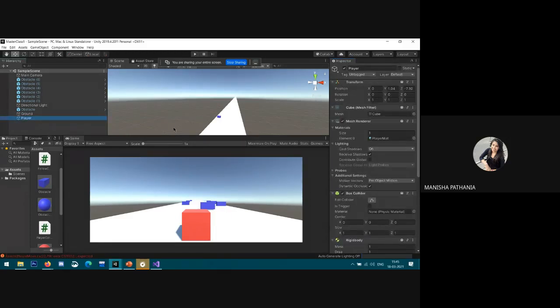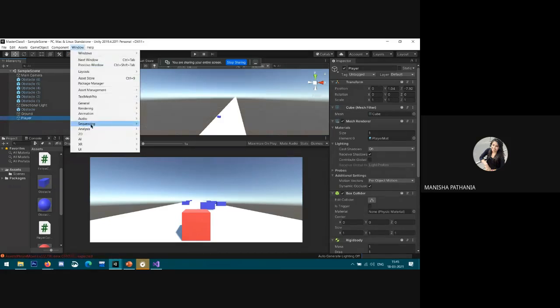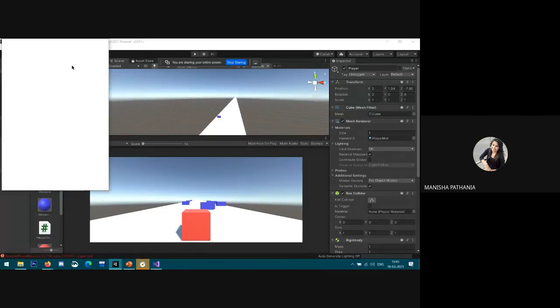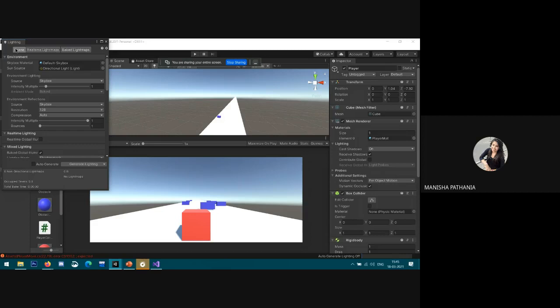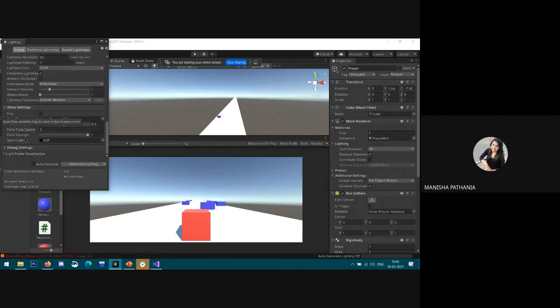Now what I need to do is go to window, lighting setting, and here in other setting there is a fog option.